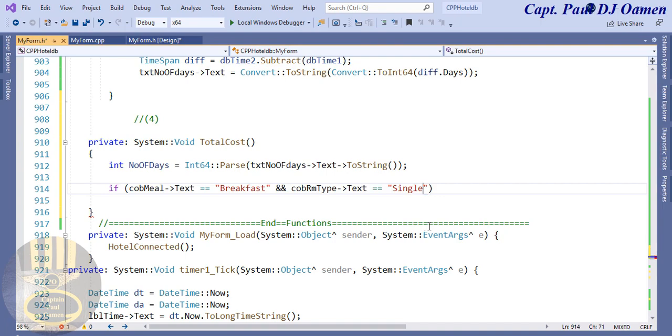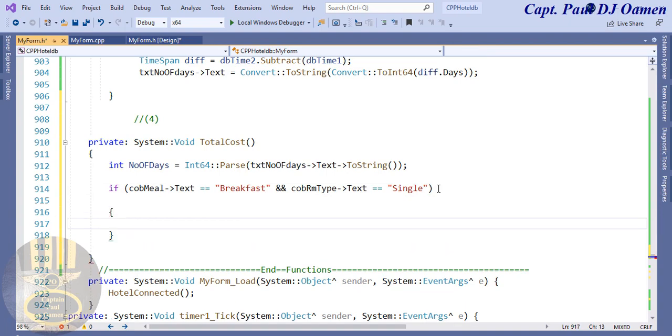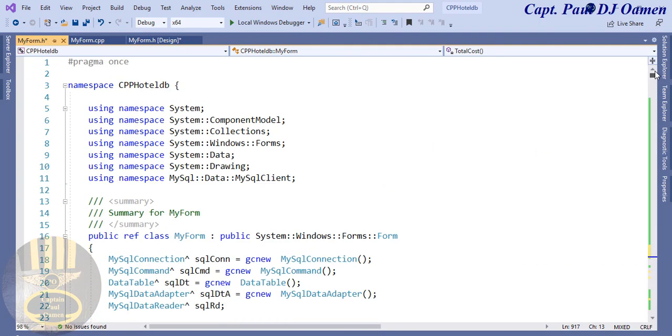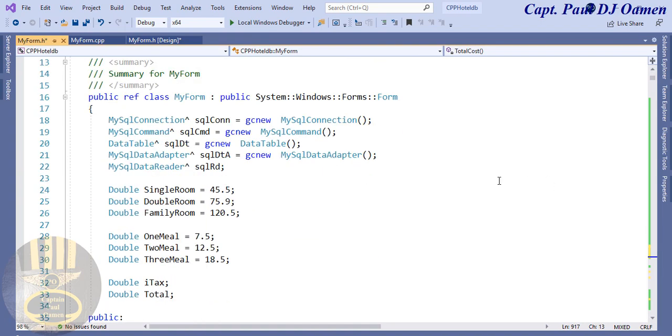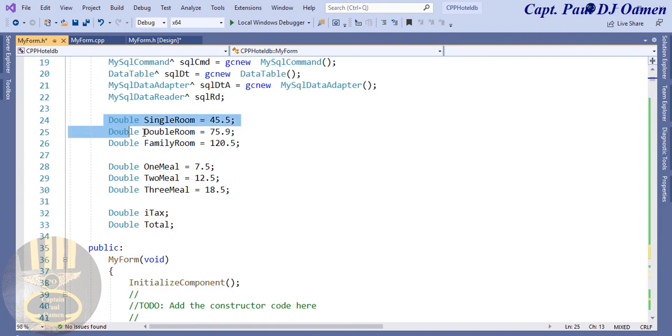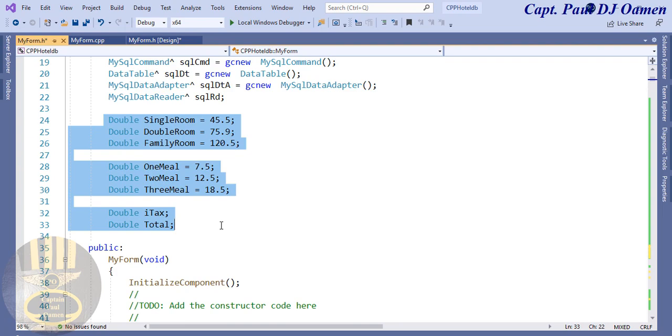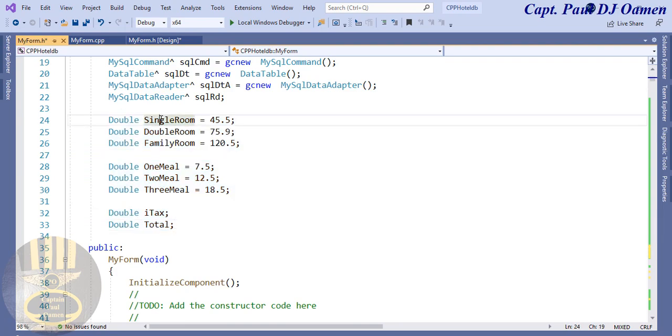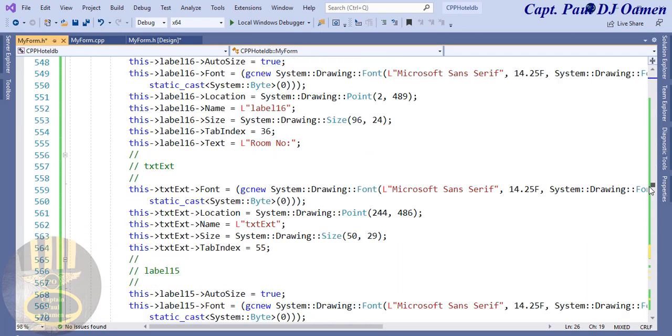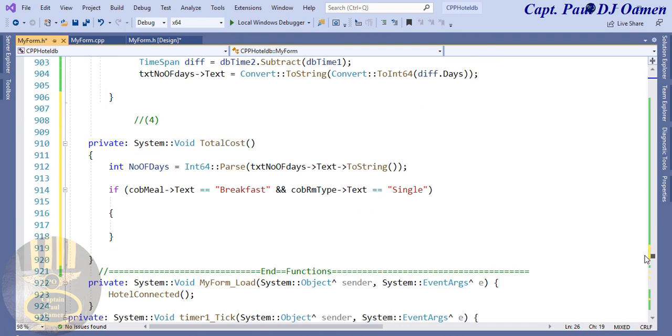Now I'm going to be using the variables that I declared right at the beginning of the program, if you guys can still recall. But first things first, let's enter curly braces there, and here are the variables. Let me take you guys to where I have the variables right up here somewhere. If you can still recall every single one of these variables, we're now going to be using them. Okay, I'm going to be using these now, and these and these. Okay, let's go back to the function. There we go, right here. So in here